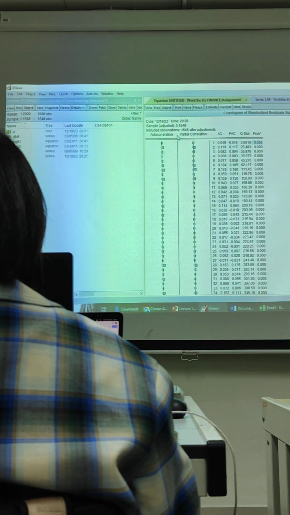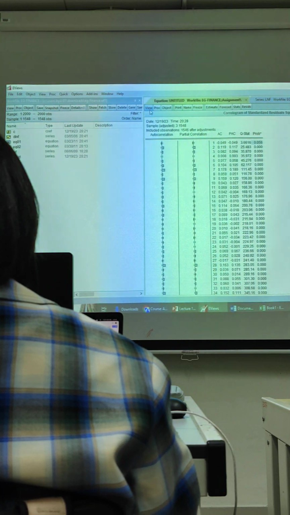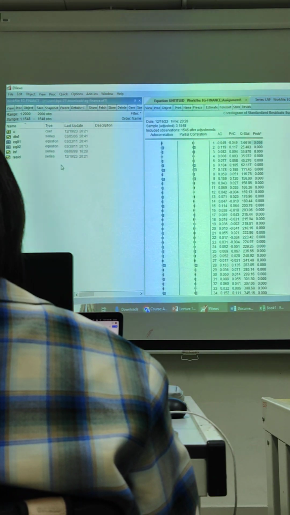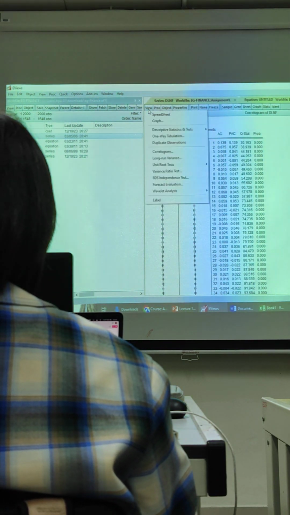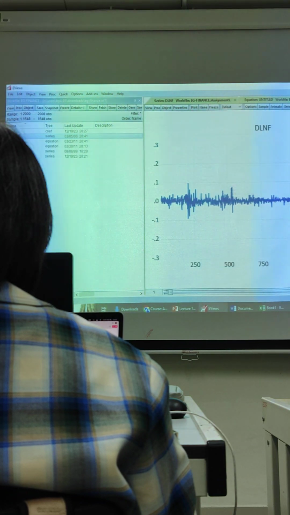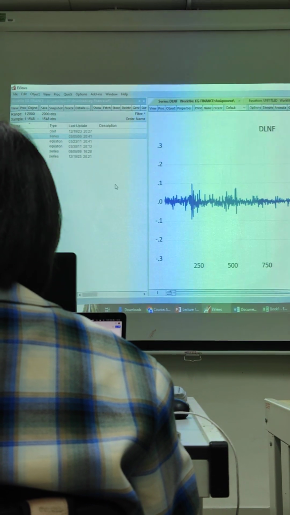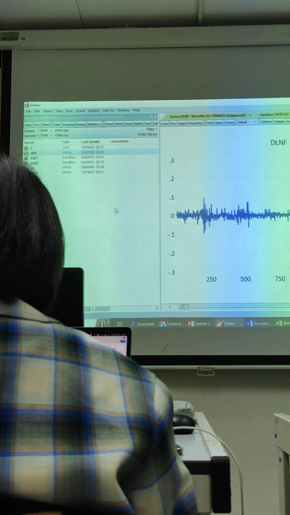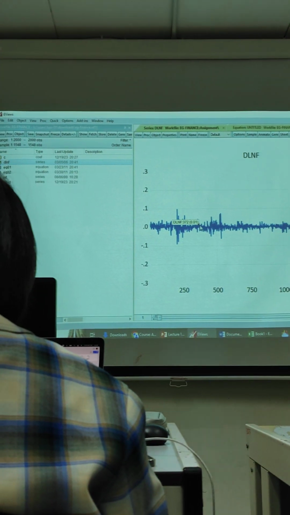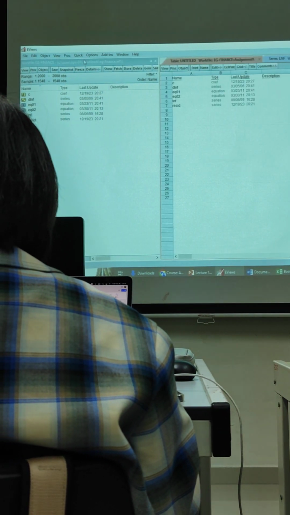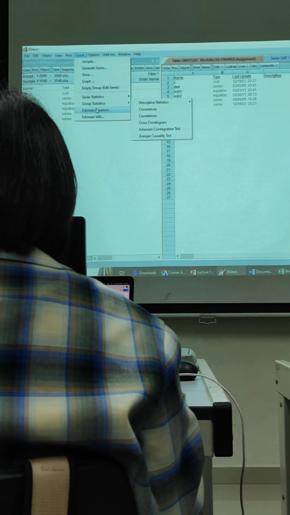By the way, you can take a look at the volatility before we go to GARCH. How can we see the risk series? When you click on the return and go to View here, this is my return. Just click OK. So this is my return series. I want to see the risk, so I go to my equation from just now. Oh, this is my equation. Gone already, no problem.